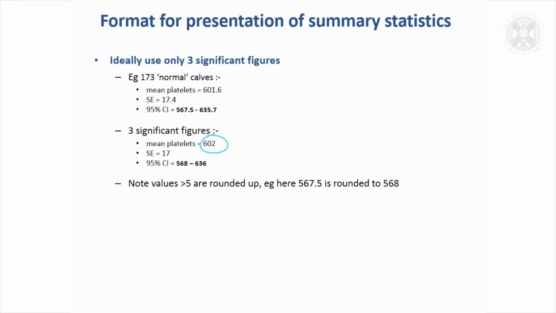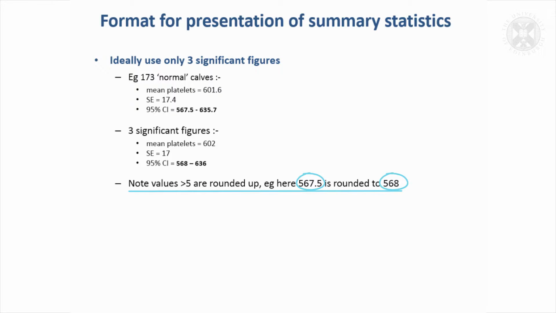And usually you want to put the mean and the standard error to the same number of significant figures, so I've only put standard error as 17 and rounded the confidence interval. So note that if you've got decimal points or values of 5 or more, the convention is to round upwards. So we've got 567.5 here, we've rounded up to 568. If it had been 567.4, we'd have rounded down to